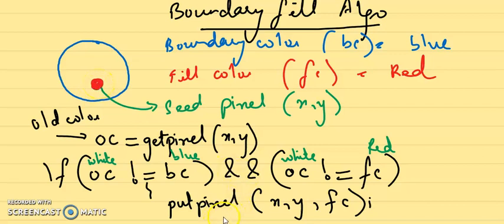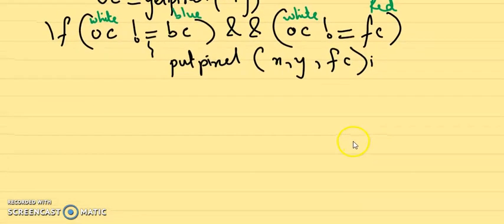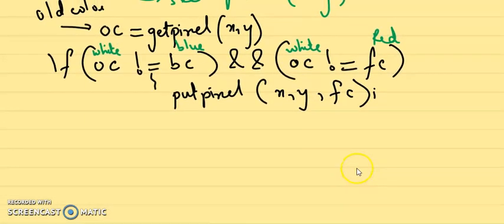So this is, in short, the crux of your boundary fill algorithm. Now we know that this color was initially the background color, and now it is colored with the fill color. So now I have to fill all the pixels inside this circle using the desired color, that's the fill color, red. Now we see how we are going to do this. I am just going to keep this here. So this is the main crux.